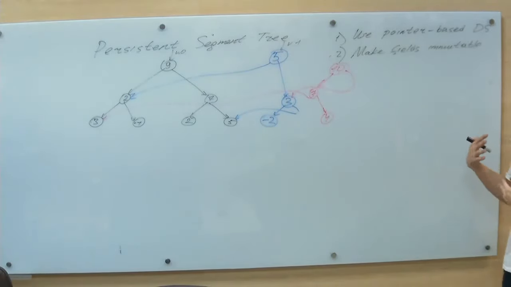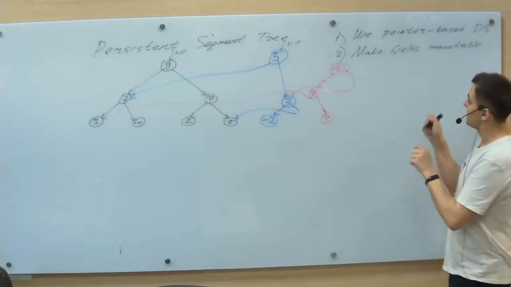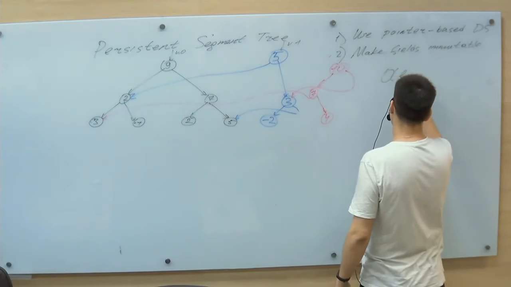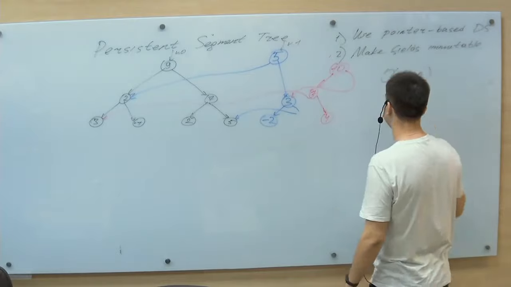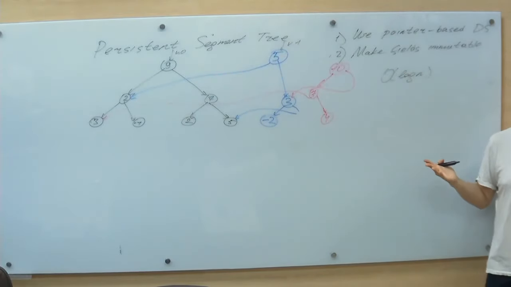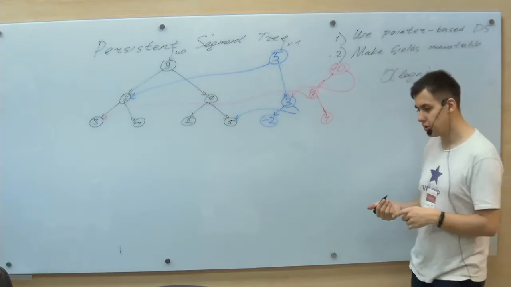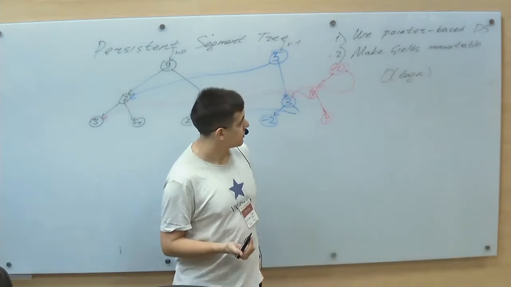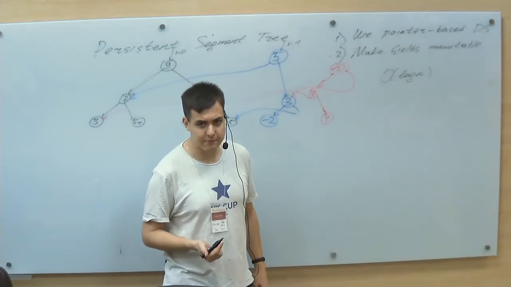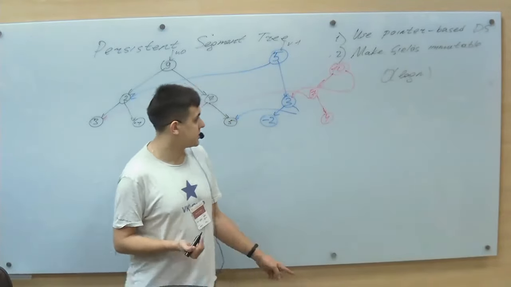So if an operation worked in log n time, this will still work in log n time. But the usual problem with persistent data structures is memory, not the time. Well, the time is a problem too, but usually in practice you have more problems with memory, because